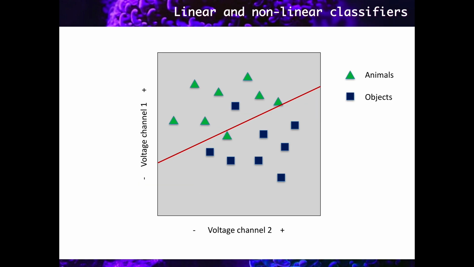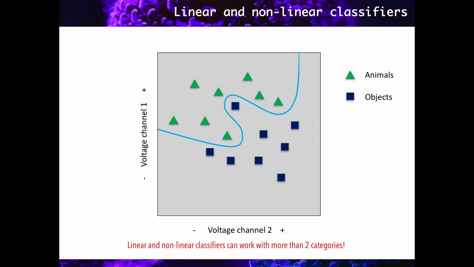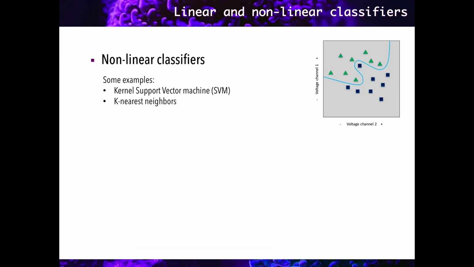So in our previous example, we saw how linear classifiers can divide both classes using a linear model. However, we can imagine a different way to divide both categories, fitting our testing dataset much better. For instance, we can go beyond linear classifiers and imagine a more complex nonlinear model, something like that. By the way, to simplify, we are talking all the time here about binary classification, but linear and nonlinear classifiers also work with more than two categories. We can find several types of nonlinear classifiers, like kernel support vector machines or k-nearest neighbors.